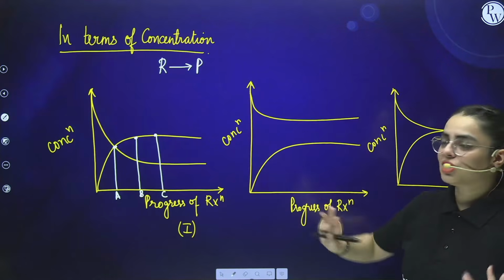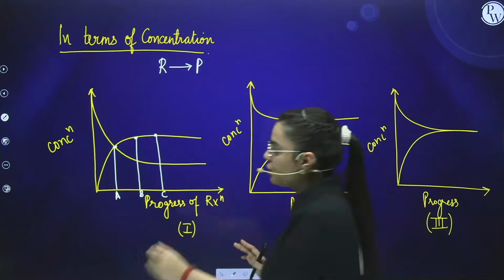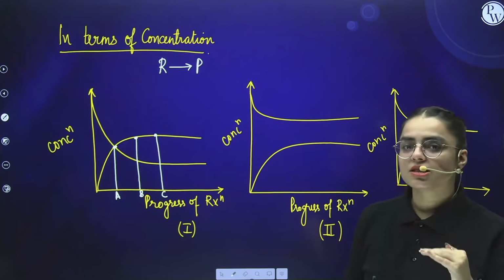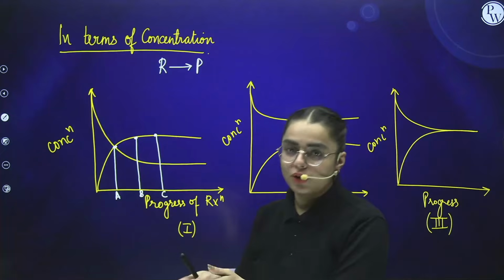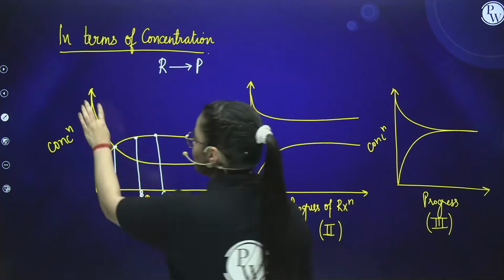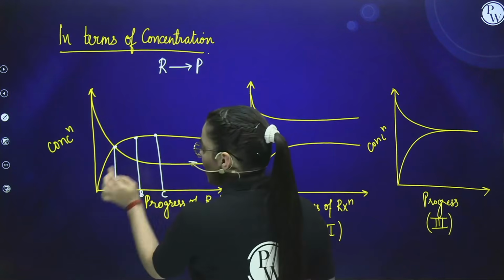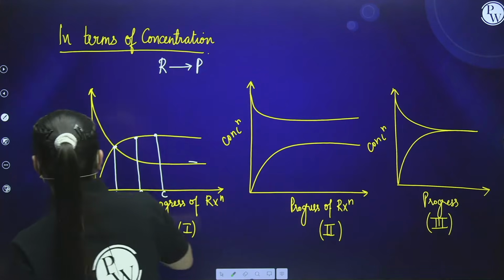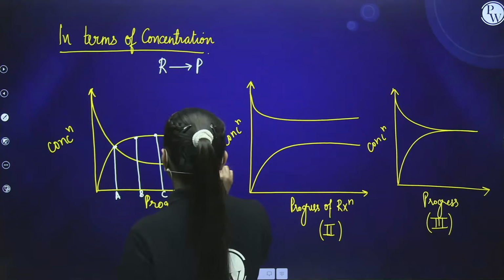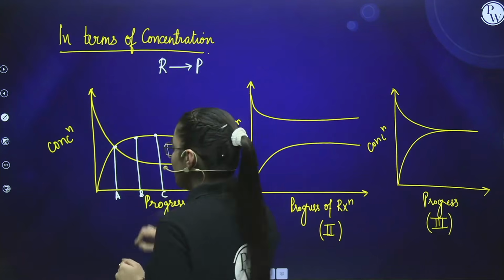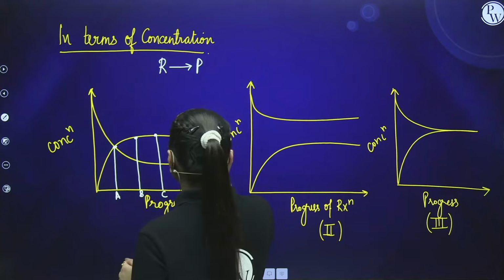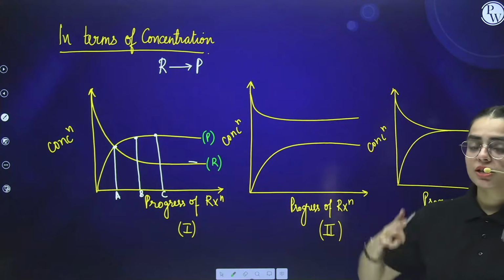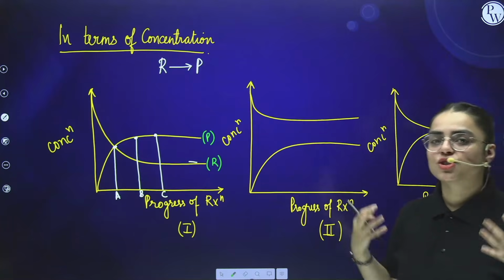So the same situation is occurring over here. Kindly see very carefully. Here we are writing the concentration. As I told you, reactant concentration decreases in order to form the product. So here we are looking at this line. It is decreasing, while if I see this line, it is increasing. What does it tell us? It tells us that if this line is decreasing, this is the line for the reactant, and if this line is increasing, this is the line for the product. Is it clear to you? Because the concentration of reactant will be decreasing whenever a reaction is going to occur.